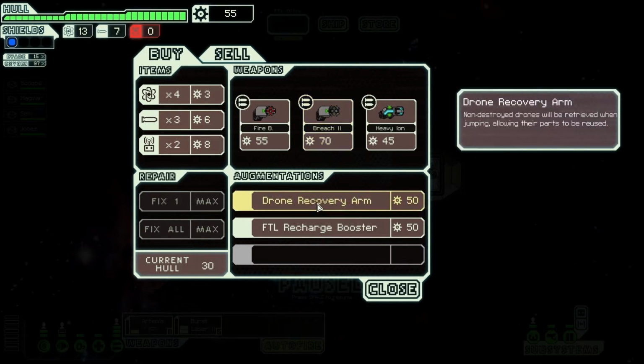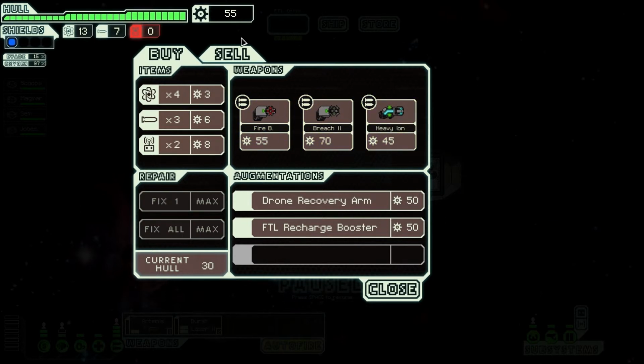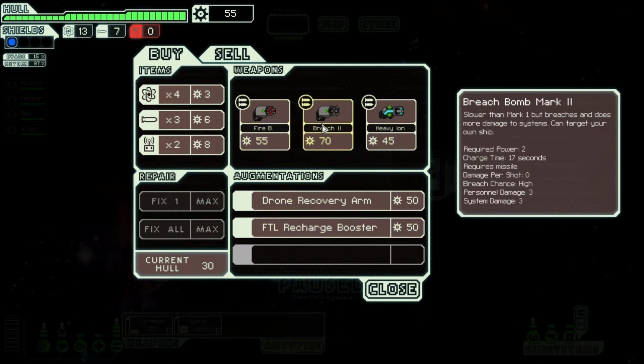We could do a drone recovery arm or an FTL recharge booster, but I think we want a weapon. Obviously, if we buy a new weapon, we have to set aside energy to power it. So we'd have to upgrade our systems. So let's see. I think I want...